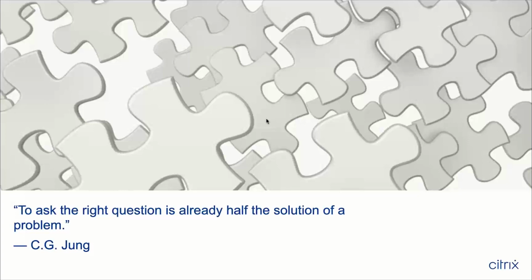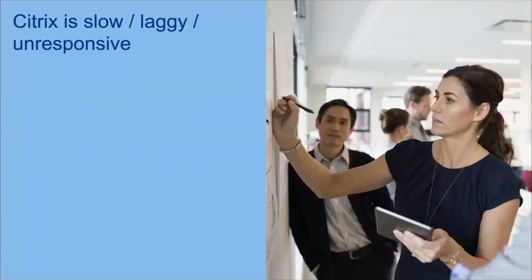So yeah, if you go on to the next, often we get the Citrix is slow, it's laggy, unresponsive type sessions from the users, and they comment that it's slow, laggy. And normally, with a global customer that I was working with on this, they had a large number of users distributed across the globe. A high percentage of users were connecting from India into the UK with a high level of latency. And you'd look at that and go, well, if I'm troubleshooting this, there's going to be latency because of the distances involved. And there's not a great deal we can do about that distance. However, when we start drilling into it, if we go on to the next slide,